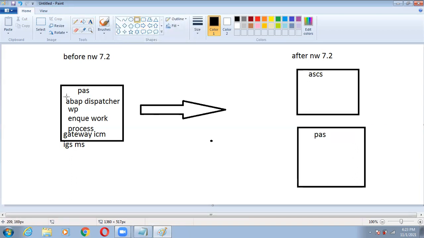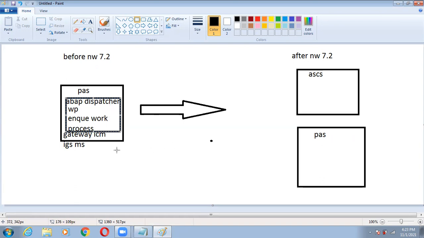You will have ABAP, work process, enqueue.